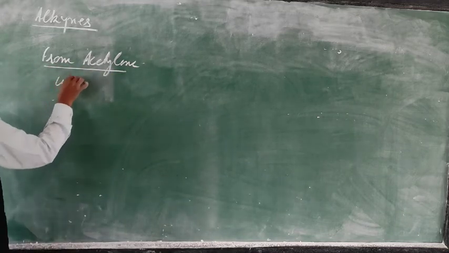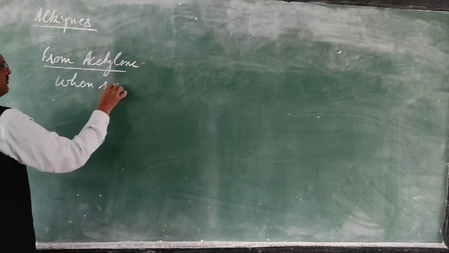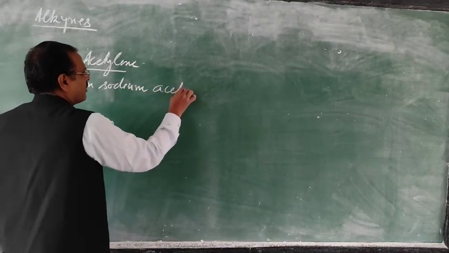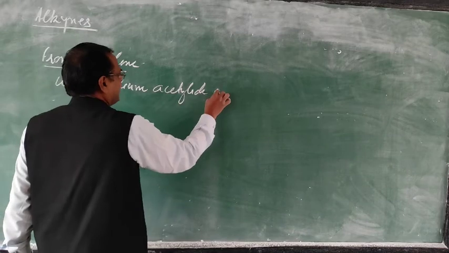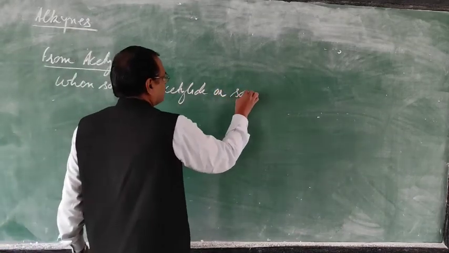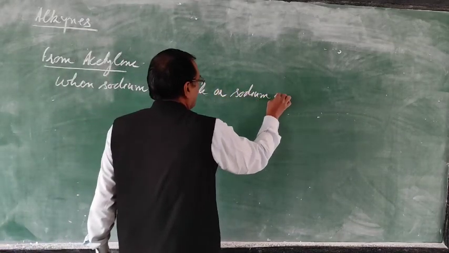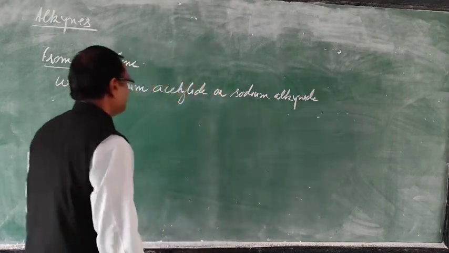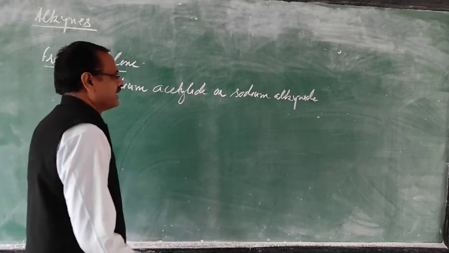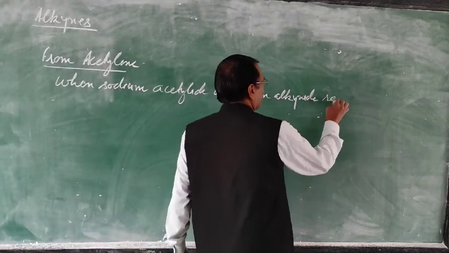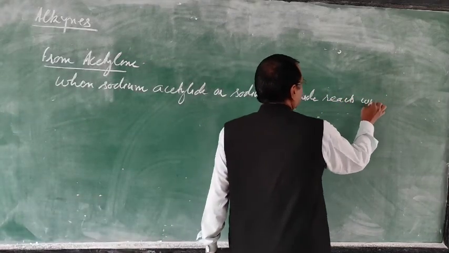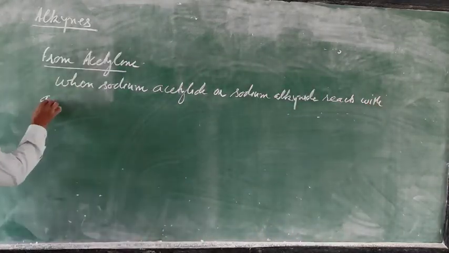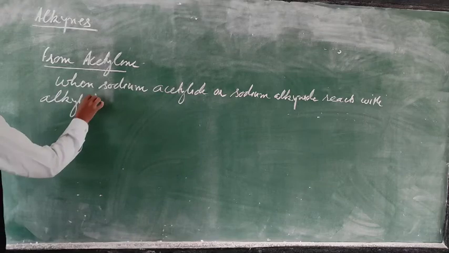So when sodium acetylide, or sodium alkylamide, reacts with alkyl halide, reacts with alkyl